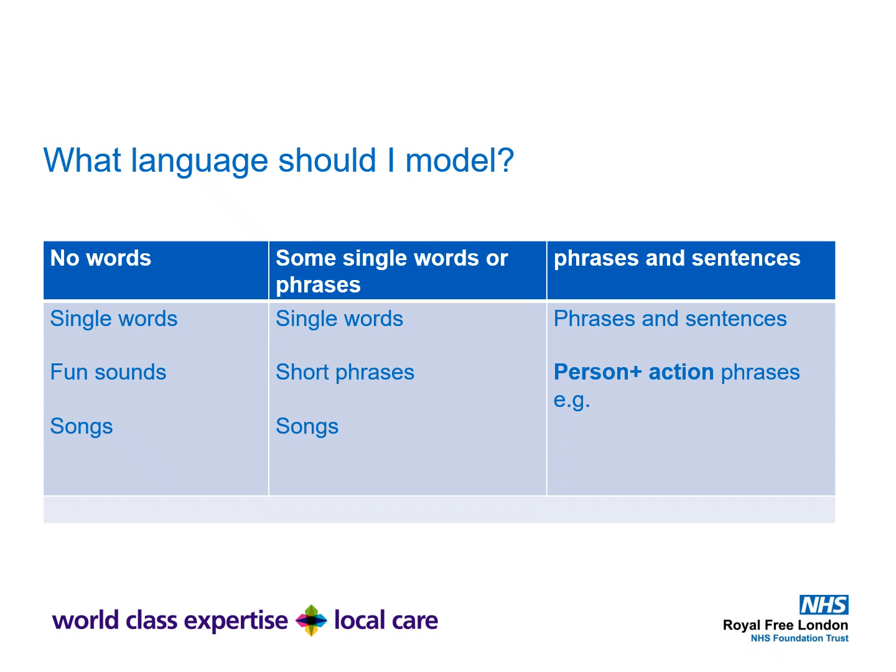Jumping, up, down. If your child's using single words and maybe some phrases, you could match that. Use single words, maybe use a few short phrases as well. And if you have a child who's more verbal and they're using phrases or whole sentences, then you would also match that. And it's quite a good idea to model phrases that have a person and an action part to the sentence. So something like, "Mummy's jumping, Mummy's pushing, James is pushing." It's a really good idea to be repetitive when you're modelling language and try to emphasise the key words.